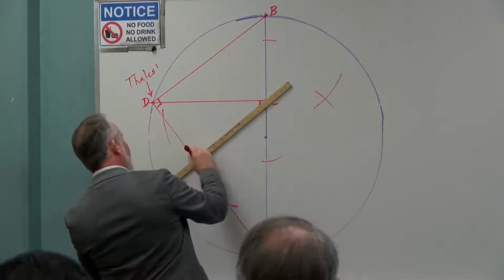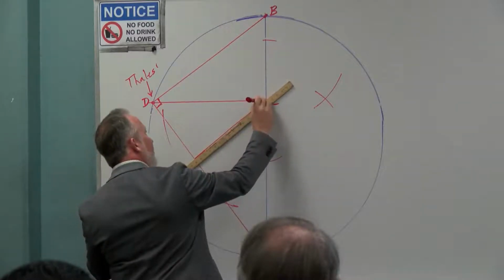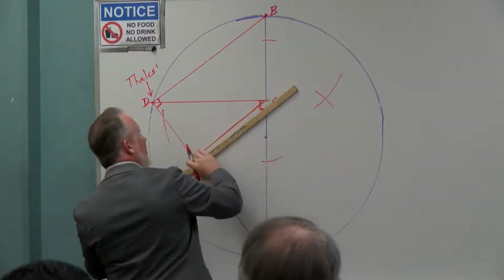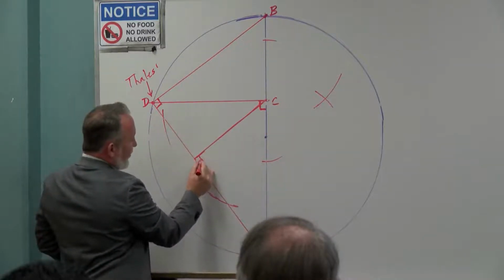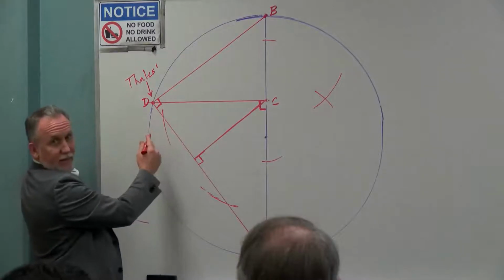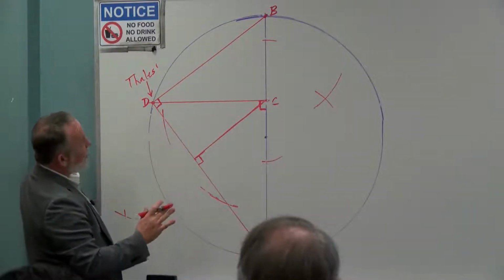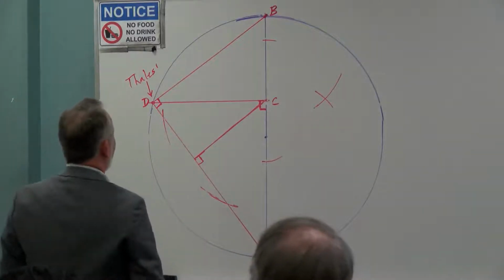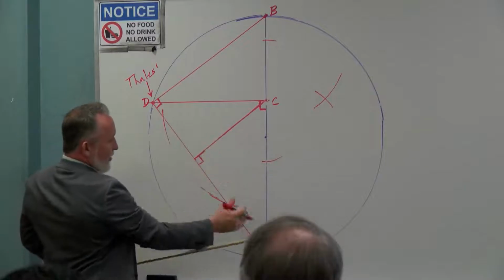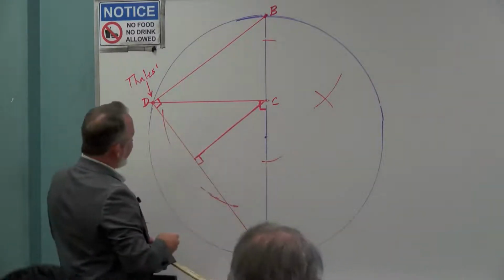So what I'm doing is constructing now this line that is perpendicular to AD. And now, hopefully, just sort of intuitively, my lines are a little off, but intuitively, hopefully you can see that